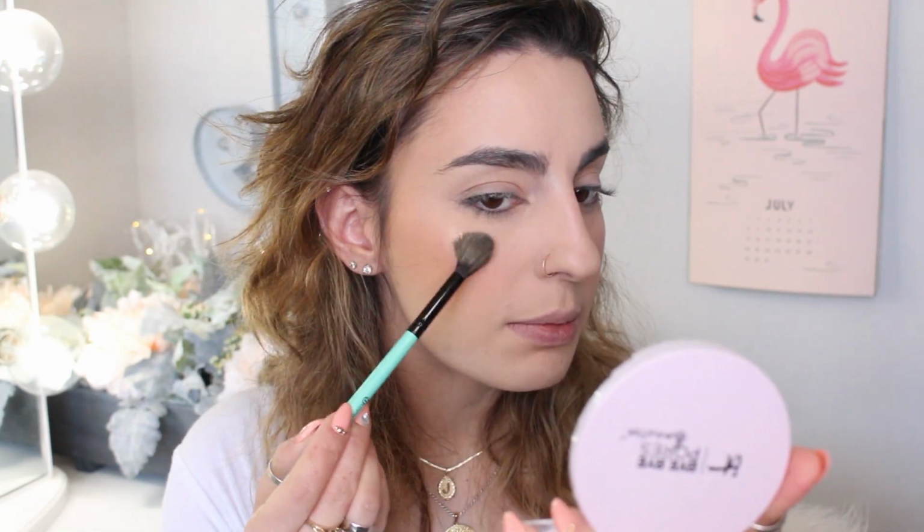I just realized the first shade, Fiji, is actually a cream highlighter. I did not know that. I don't really use cream highlighters very often, but it's a really pretty one, and it blends really nicely. All right, I'm gonna pop some highlight on the other side as well. I really like it, and the shade works really nicely for my skin tone too, so yay, my first Huda product,